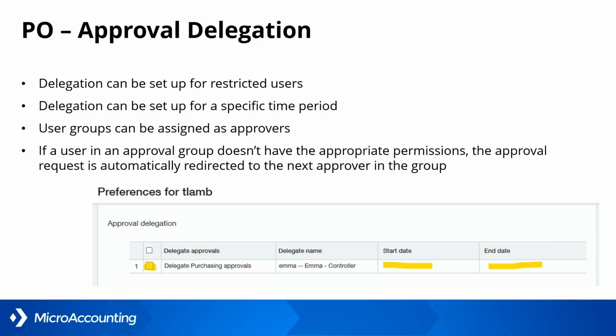So I can go in and turn on my delegate. I can't change my delegate. The system admin is the only one that can assign the delegate so that we don't have any issues with potential collusion. But I can turn on my delegate that is assigned, and then I can say a start and end date. So if I know I'm going to be out of the office and I need someone else to approve my transactions for me for next week, then I can go in and set that start and end date.